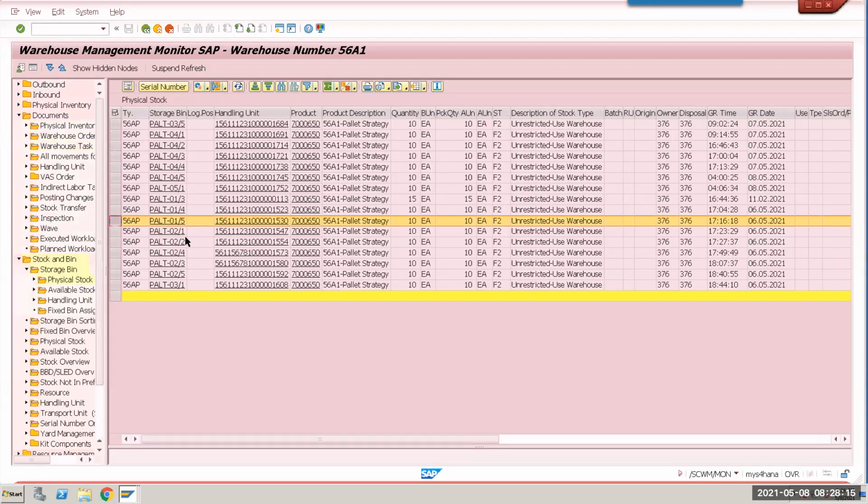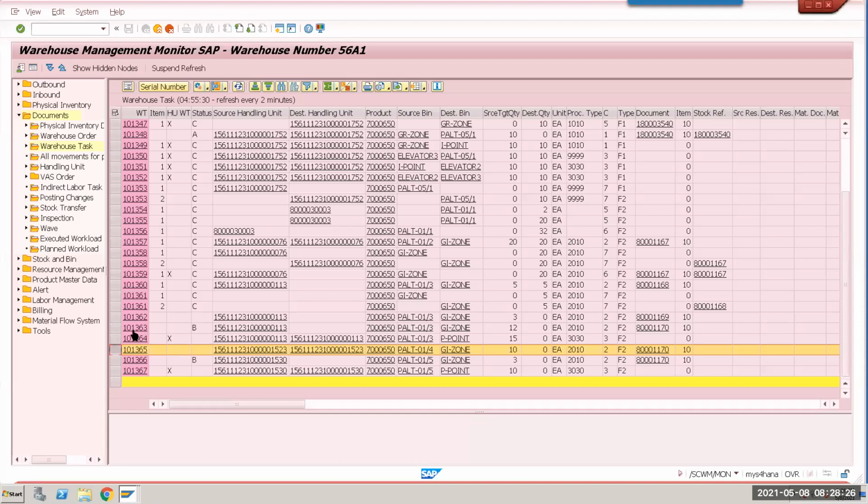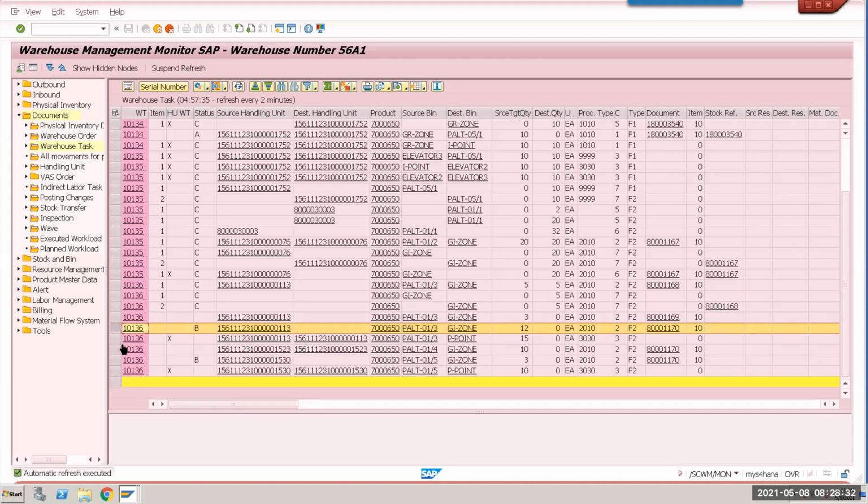This 20 has gone. The remaining I have is 25, 5, right? What it was doing is bringing the entire 15 to the pick point.